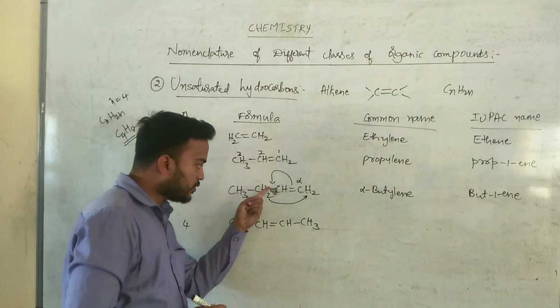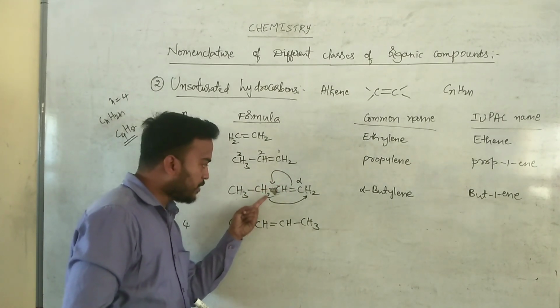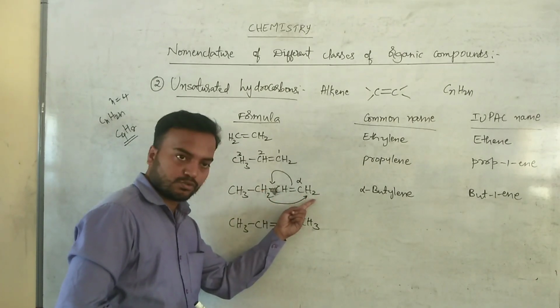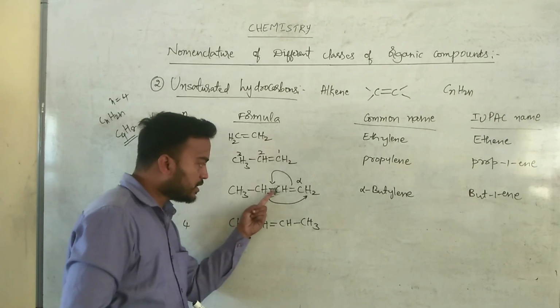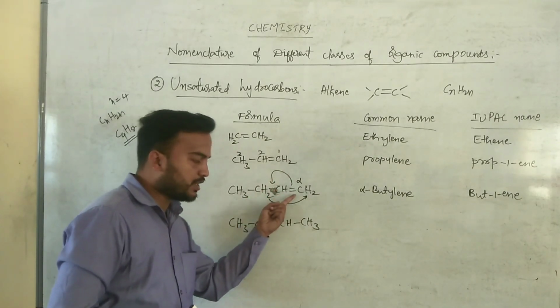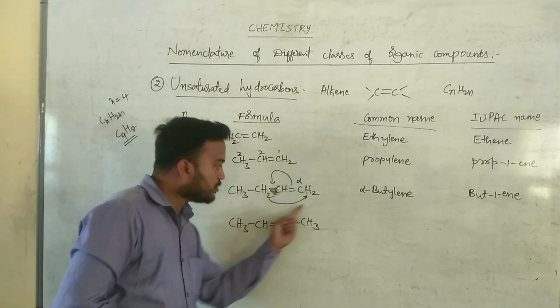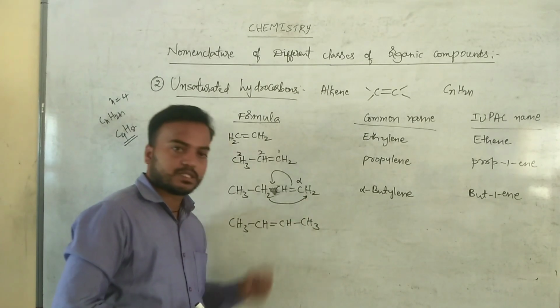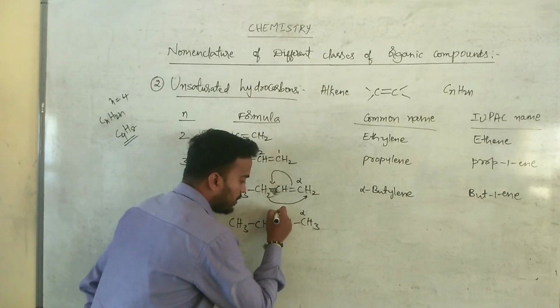I have shifted the double bond to this side. When we shift the double bond, immediately I shift 1 hydrogen to this CH2 group. So CH2 will become CH, and the single bond will become a double bond. This has become CH. Where I have shifted the double bond, there is a single bond. For this CH2, I have sent one hydrogen from here. CH2 will become CH3. So this is alpha and this is beta.